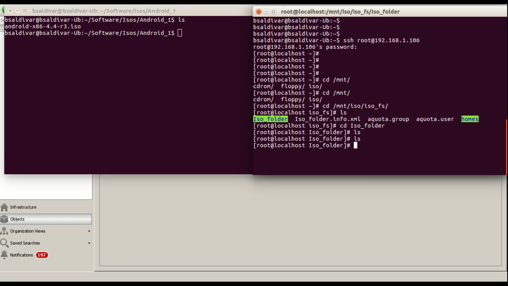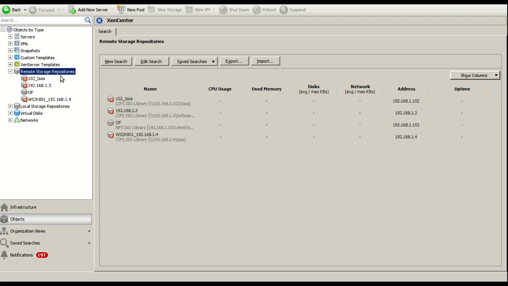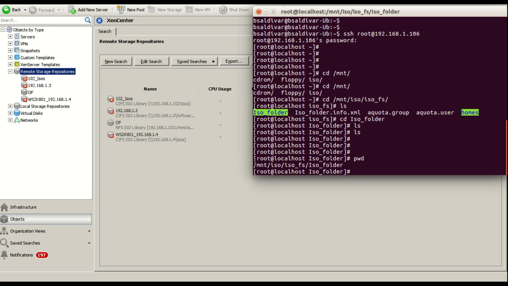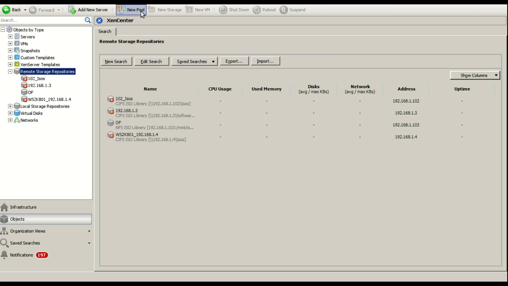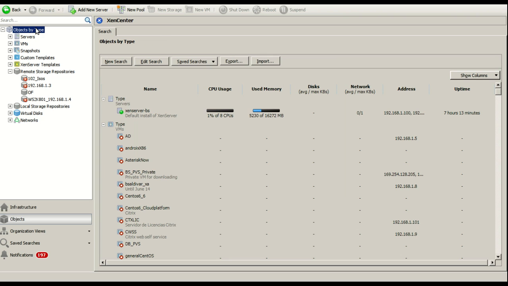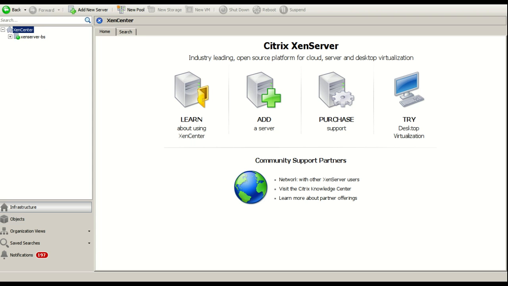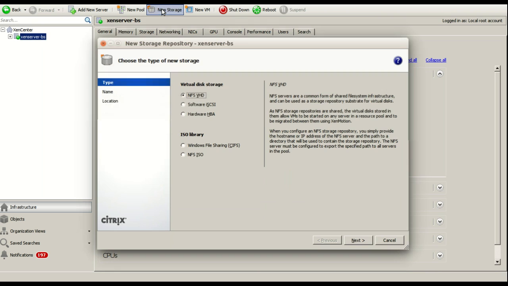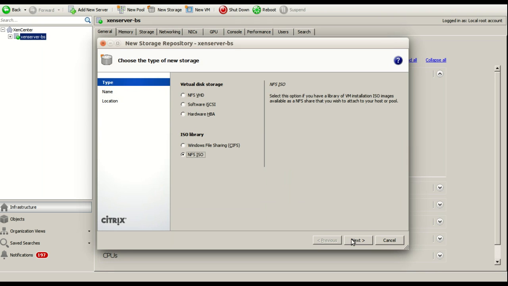Consider this the folder where I'm going to put the ISO. First, let's add this here. We see here the location of the folder that we have shared. We copy it here in XenServer. At the level of infrastructure, I'm going to select my server, new storage, NFS ISO,